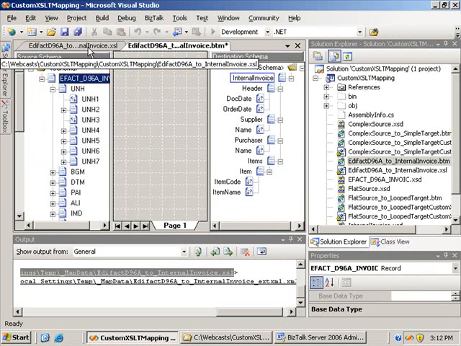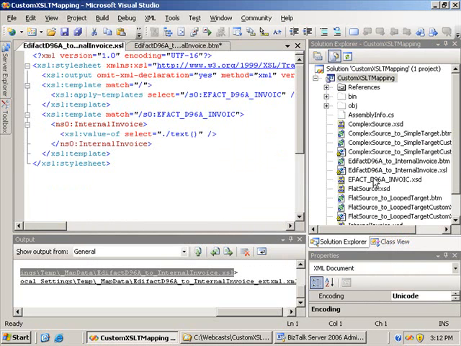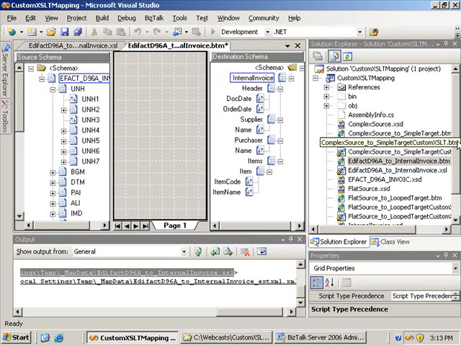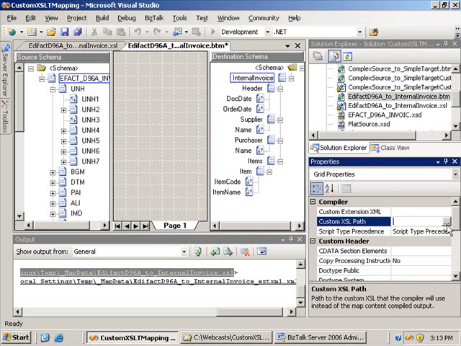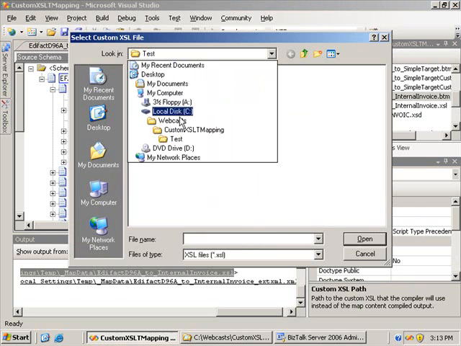go back to my map, delete this link, and then select on the background that we're actually going to use that custom XSL file. So custom XSLT path is going to be